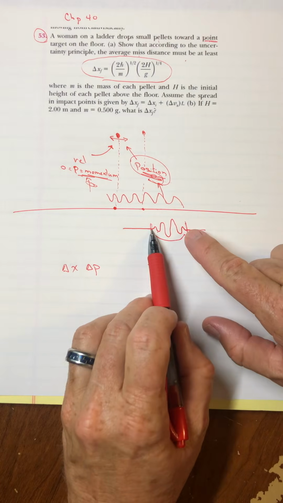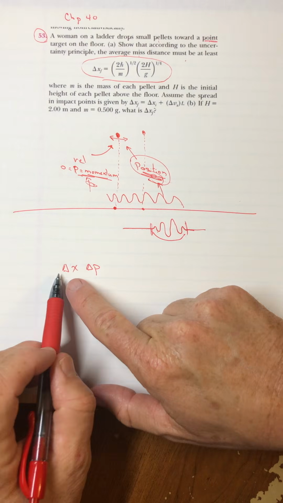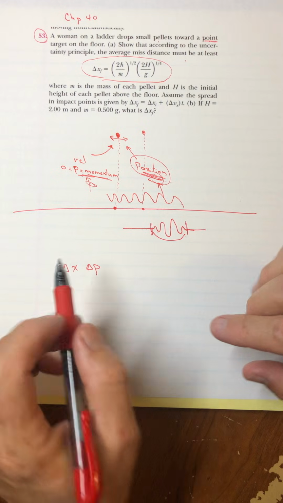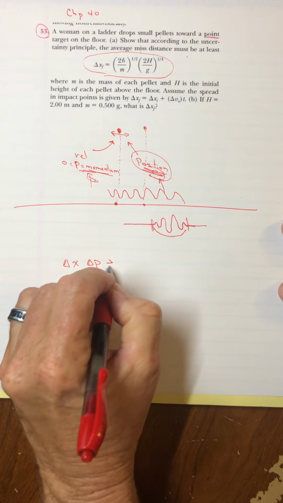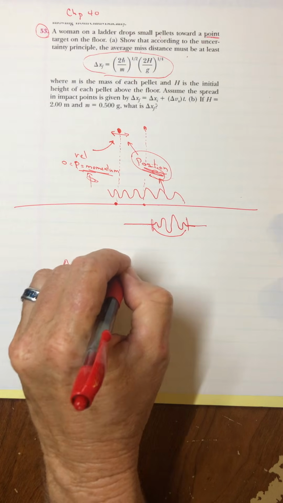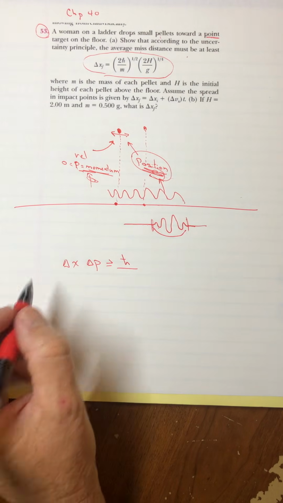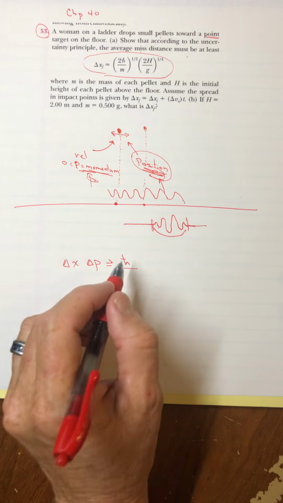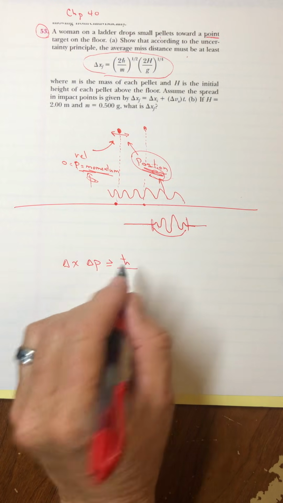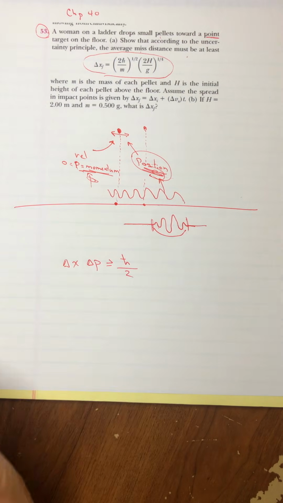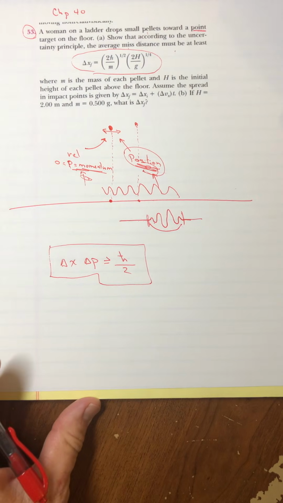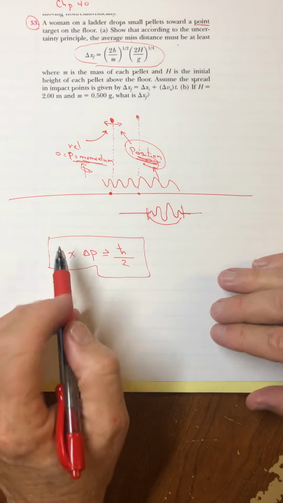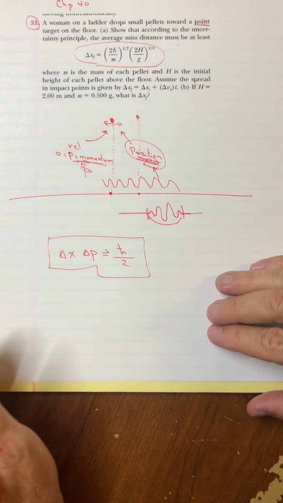But see, the longer this is spread out, so in other words, the bigger this is, the smaller that can be. So the product of these two, we argued, always has to be greater than or equal to h bar, which is Planck's constant divided by 2 pi. We call that the reduced Planck constant. So this is the uncertainty principle, and that's why I want to take the beginning time of this problem and just kind of point out the uncertainty principle.